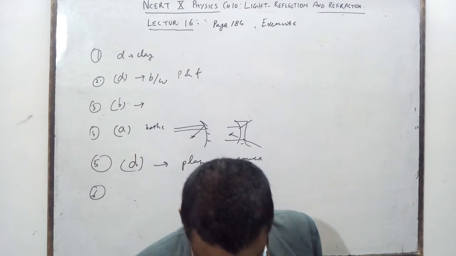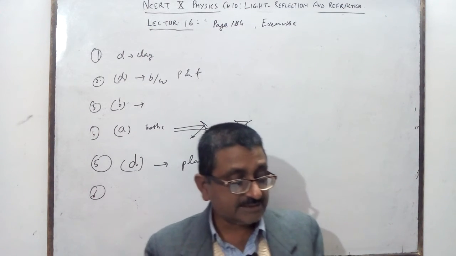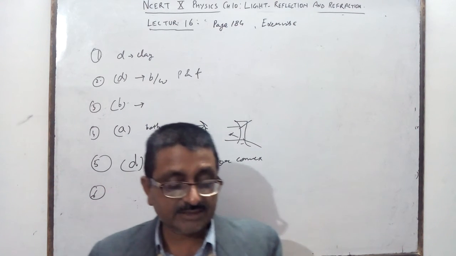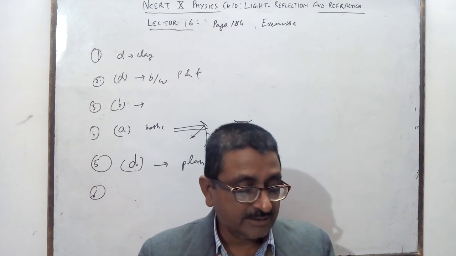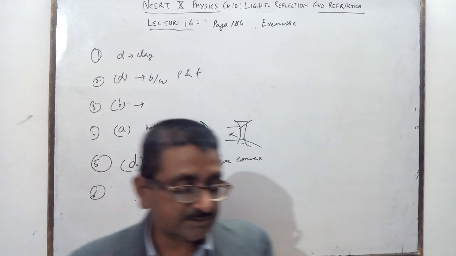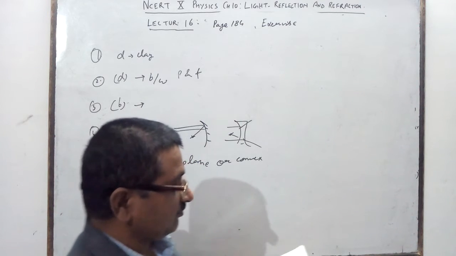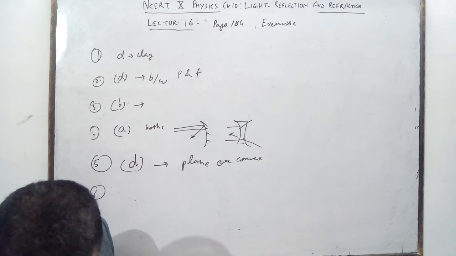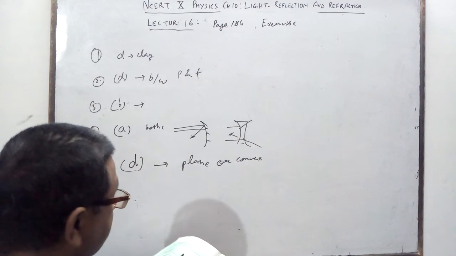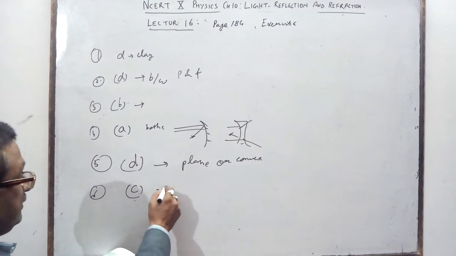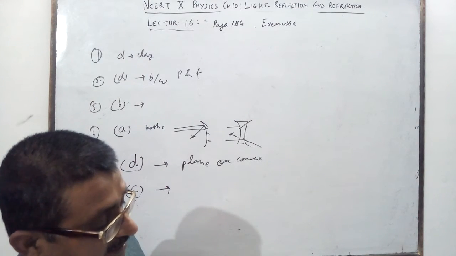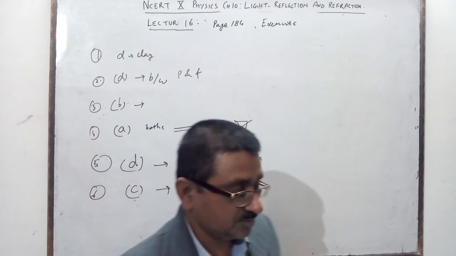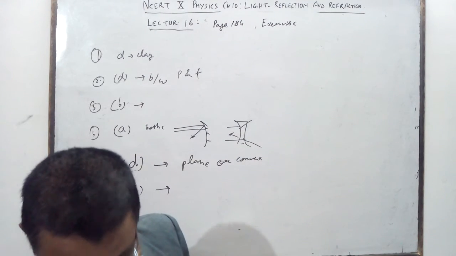That is very simple. A concave lens will not be used. 50 is too large. Power is 1 upon focal length, so for a convex lens of focal length 5 centimeter, it is 1 upon 5. In this, the convex lens of smaller focal length should be used, and the smaller focal length is 5. So the correct answer is C, the convex lens of focal length 5. There is a convex lens of 50 also given, but you don't use that. Question number 7 is given.